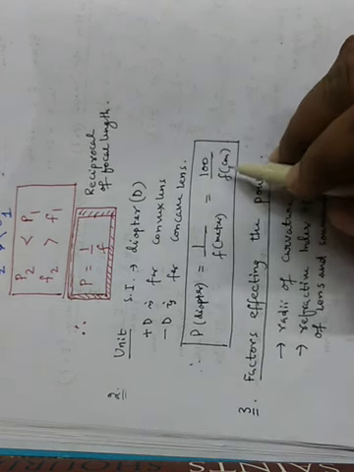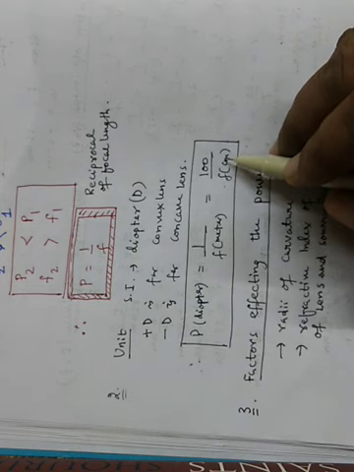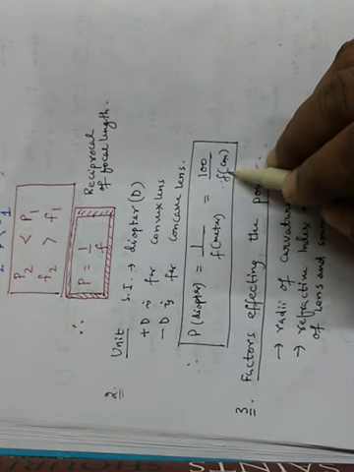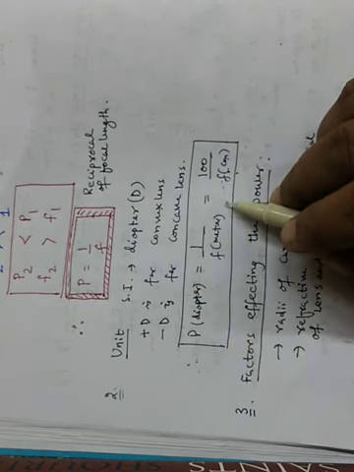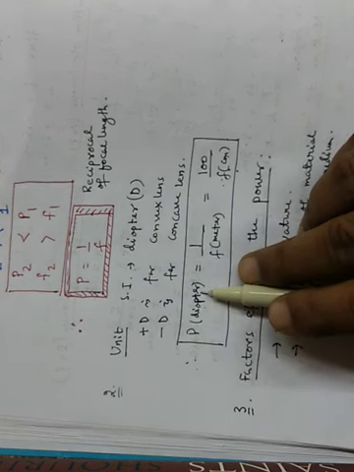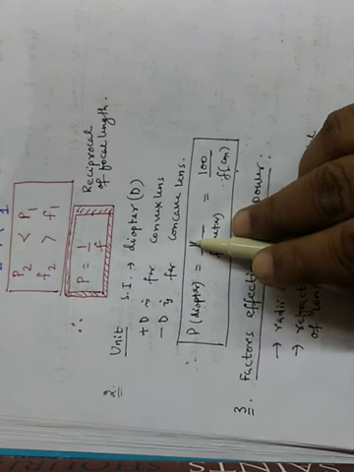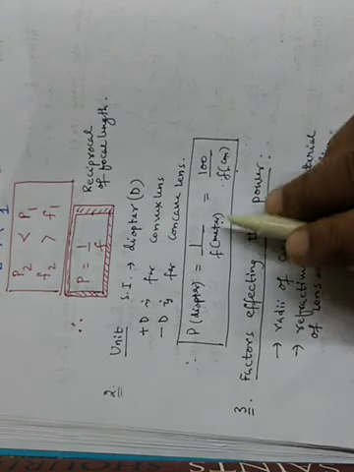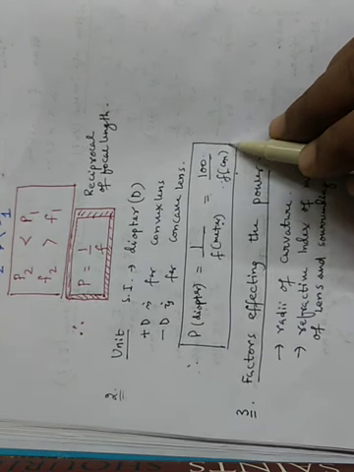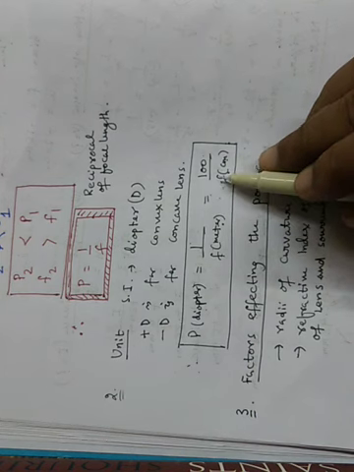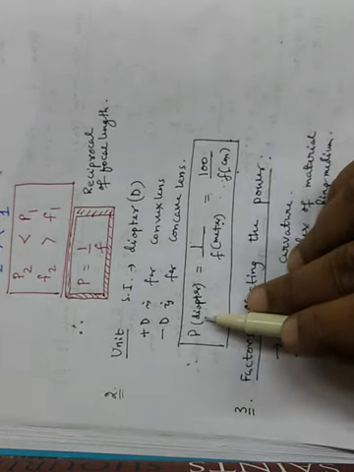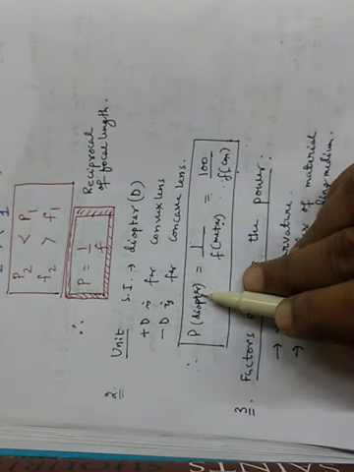How is it possible? Let the data be given in centimeter, 5 centimeter. When it is converted, the power formula will be 100 by F. So it can be said that power of a lens in diopter can be expressed as the reciprocal of focal length expressed in meter, or you can say 100 divided by focal length expressed in centimeter. But it is wiser advice that when you do the problem, always convert the focal length into meter, then use the power unit as diopter.